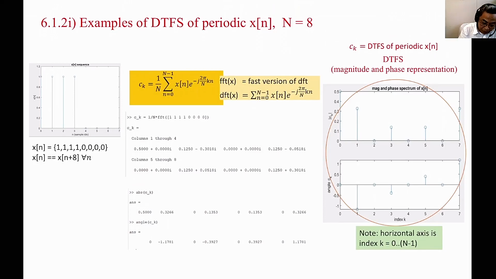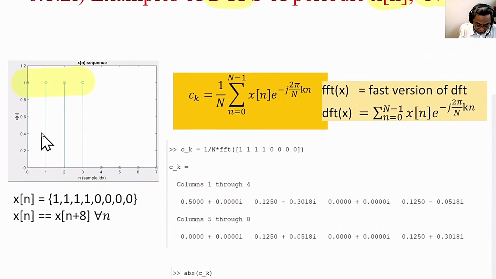This is 6.1.2, the first example. We're now going to use the DTFS of a periodic signal that is 8 samples long. This is the sequence from x of 0 to x of 3, they are of value 1, and from x of 4 to x of 7, their value 0, and they repeat infinitely. So this is a periodic sequence with period 8. This is a sequence of one period,